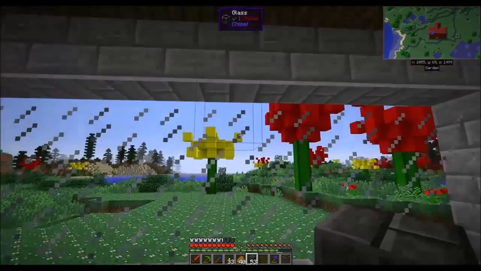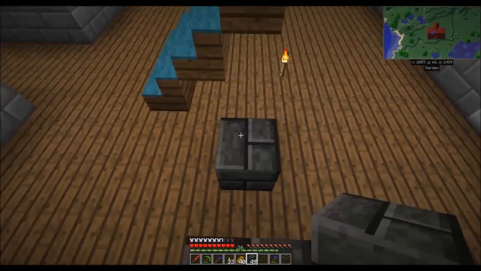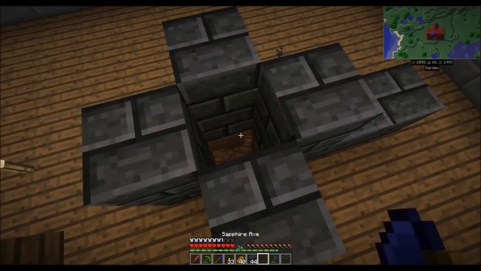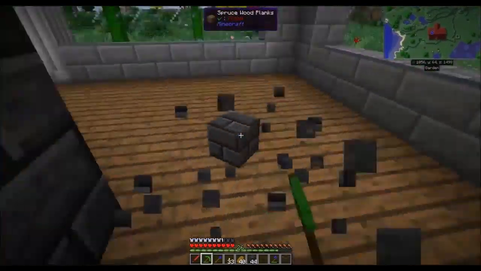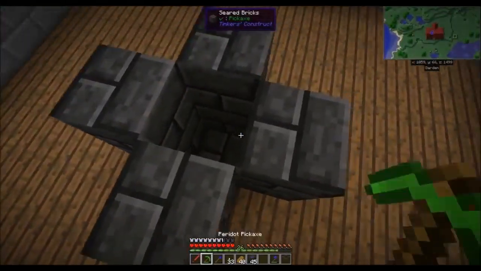So I decided when building this that I didn't want it here or here, but that I wanted it here. So the smeltery is going to be right here. And I had to put these here because I couldn't remember where I had decided. But the smeltery is going to kind of go here, and